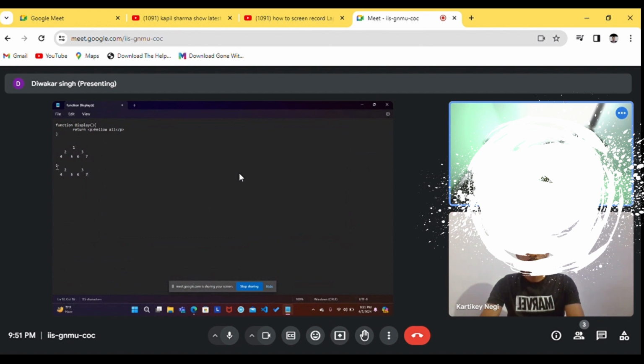This top one is our real DOM, and the bottom one is our virtual DOM. Both are carbon copies of each other. The only thing is that in the virtual DOM, any operation performed will be faster.